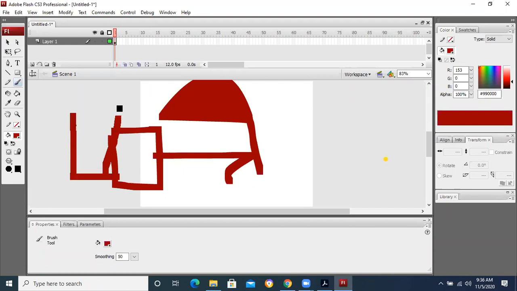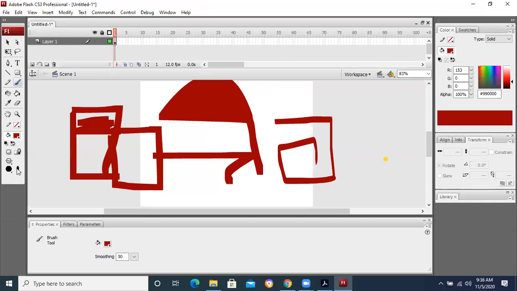The shape of the brush is right now square. When I am filling it, it is filling in the square. Now if I take the oval shape, you will see that it is going to draw in this way. If I take any other shape, all these shapes are available. Normally we use the brush tool not with any of these shapes, but the first one, the rounded shape. It is basically the brush option.